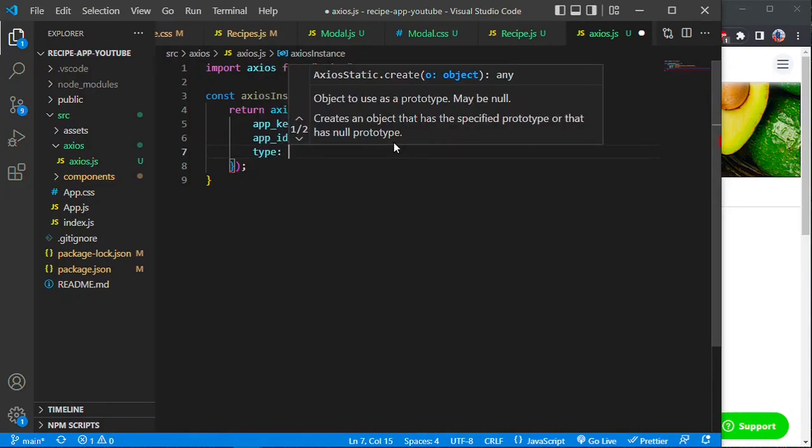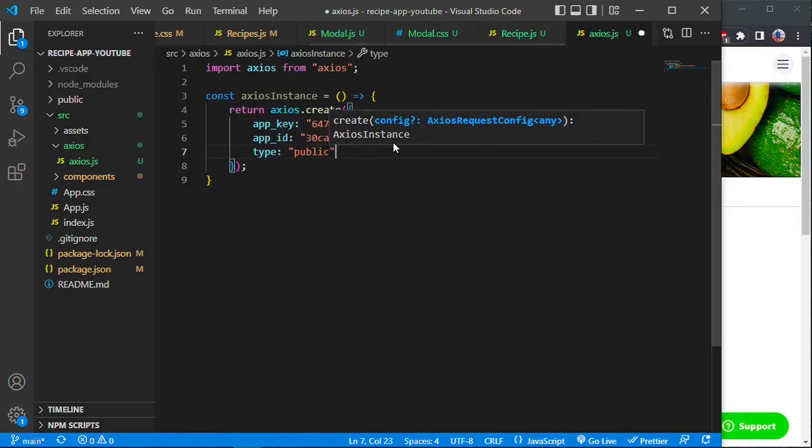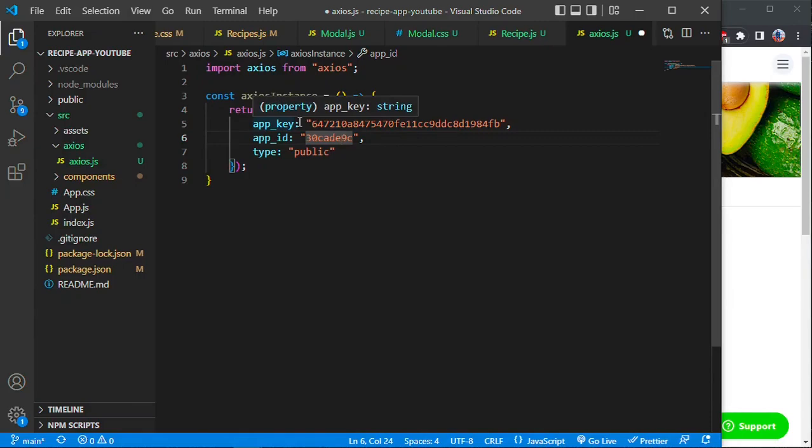Type is set to public, and then normally what you need to do is to have these values in a .env file, the environment variable file, where you actually hide these keys, because you don't want them to be public, right? But for the purpose of this video, I'm just gonna leave them like this. And yeah, go ahead and create your own account on the dashboard and get these keys for your tutorial, and then export